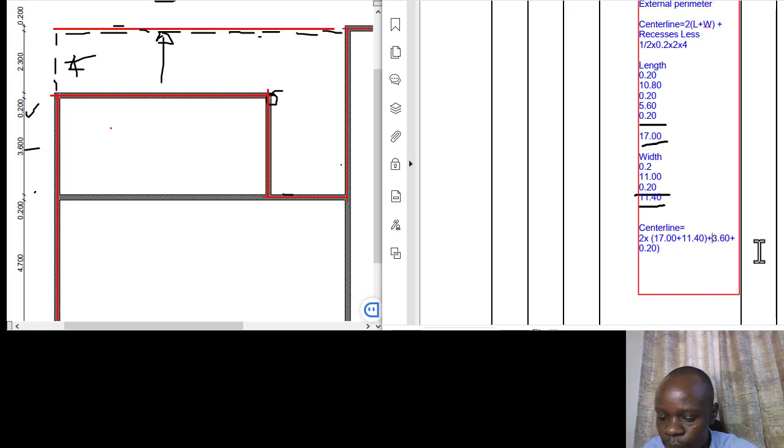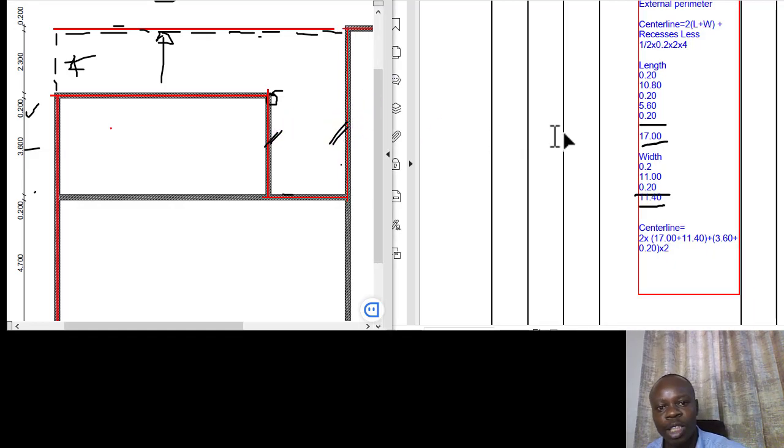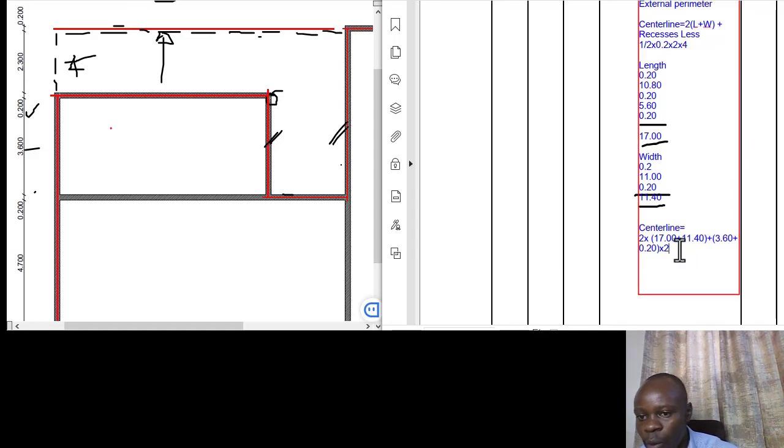Okay, so this is what we have, and then we multiply this times 2 because the recesses are 2. We have 1 here, and then we have 1 at that particular point. So being that there are 2, we also reflect that in our calculation. Okay, and then when we do that, we now subtract what we call